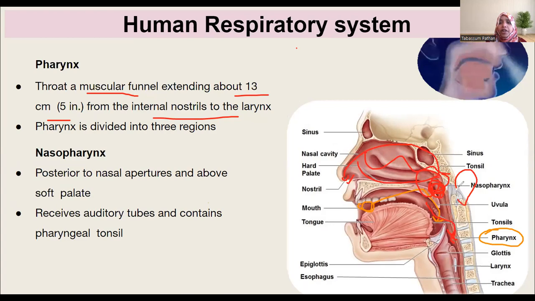the auditory nerves and the auditory tubes are connected over here. You have the ear over here, EAR. So you have the ear over here and the tubes which are there, the eustachian tubes and all the auditory tubes. Here it meets and then it also has these tonsils over here. When you open your mouth, you can see over here there are right and left tonsils. So it's almost the same area, everything is concentrated here. Okay. Then